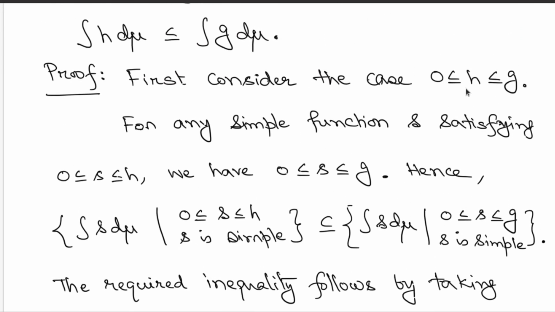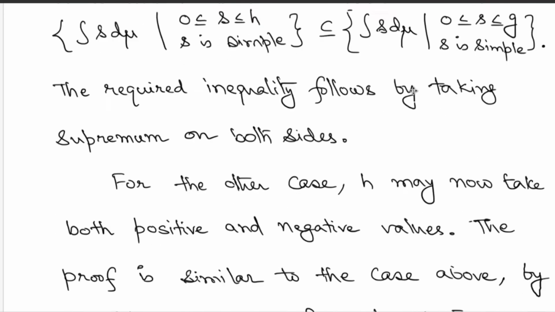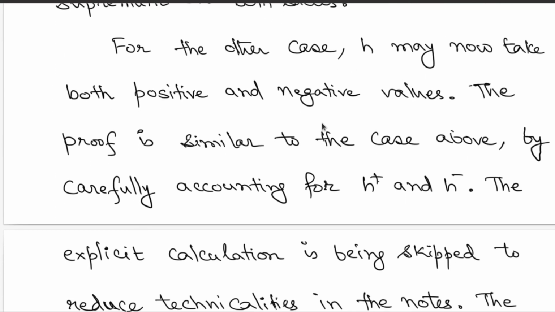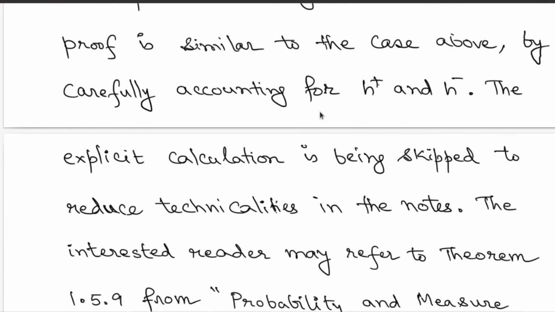Now if you allow the function h to take negative values, then that argument becomes slightly more complicated. h might take positive or negative values, and then what you have to do is to split the cases into h plus and h minus and compare with the appropriate parts for g, g plus and g minus. Okay. So the explicit calculation here is being skipped. This argument will go through, but the only problem is that you have to divide into several possible cases. You have to compare h plus with g plus and g minus and so on. So we are simply avoiding that case, but the argument will go through by comparing all these simple functions.